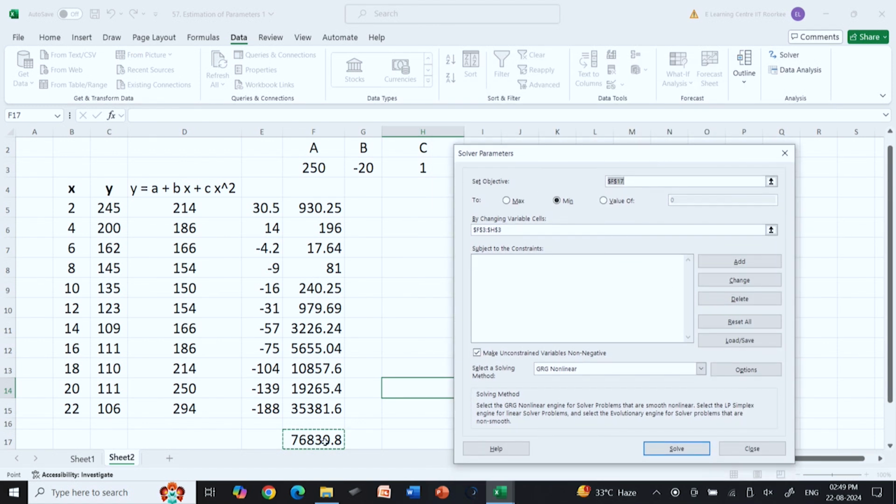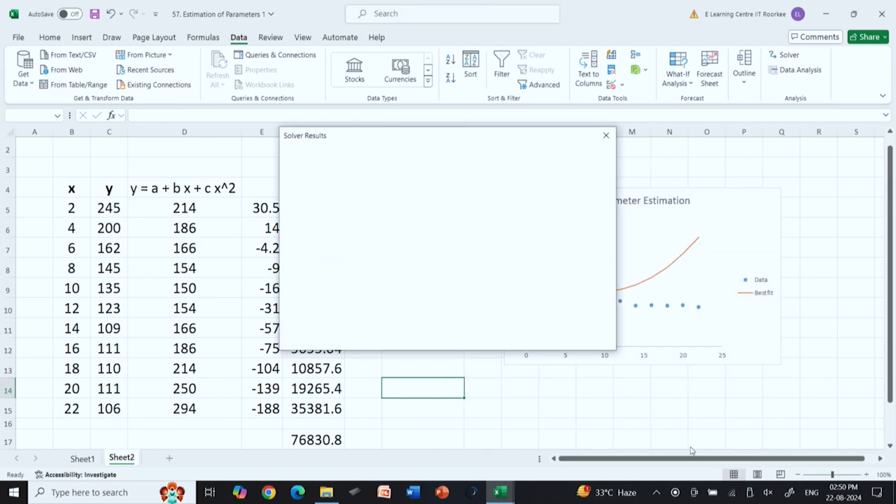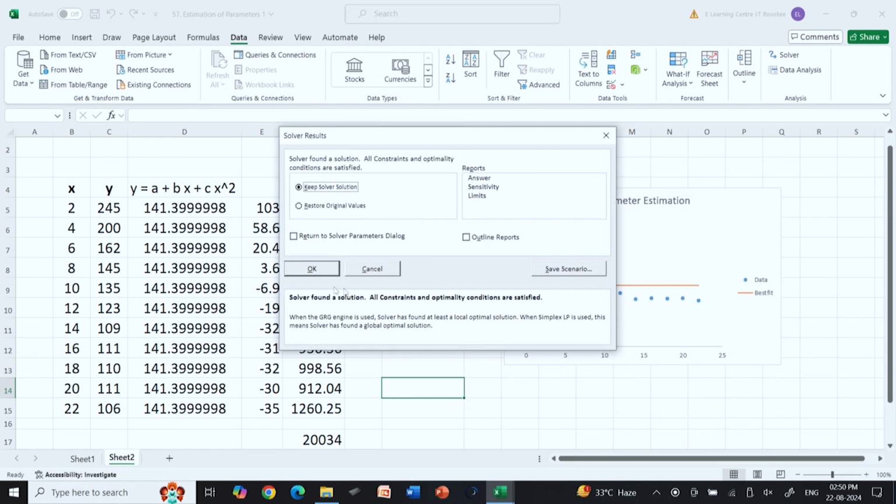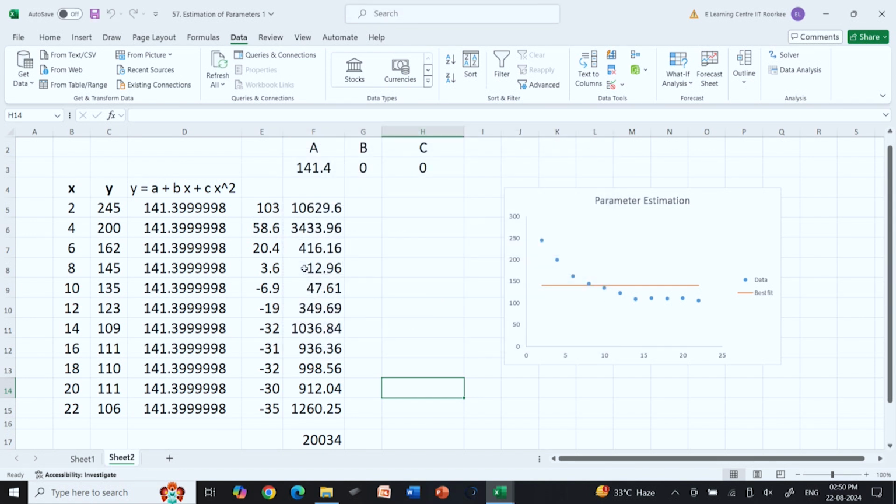So, we have to minimize this sum by changing the variables a, b and c. We keep this same and just click solve and OK. So, if you look into this figure, you see that it is a very, very bad fit, and